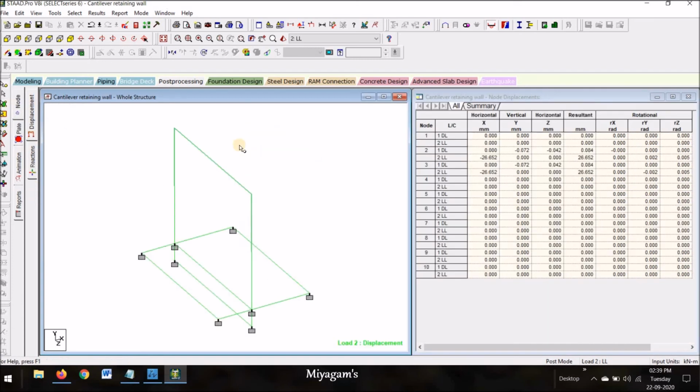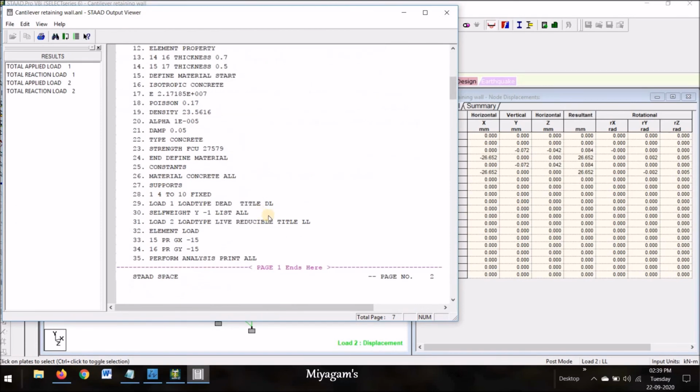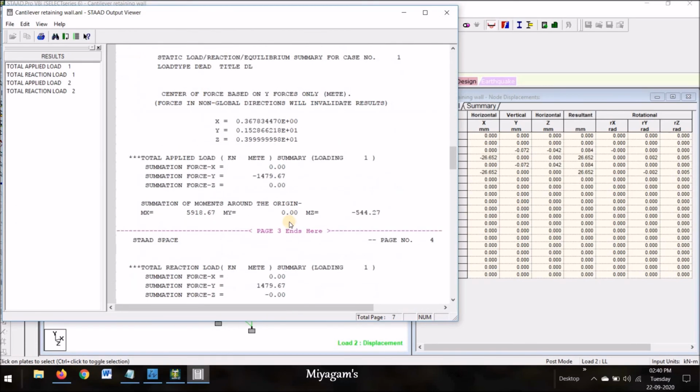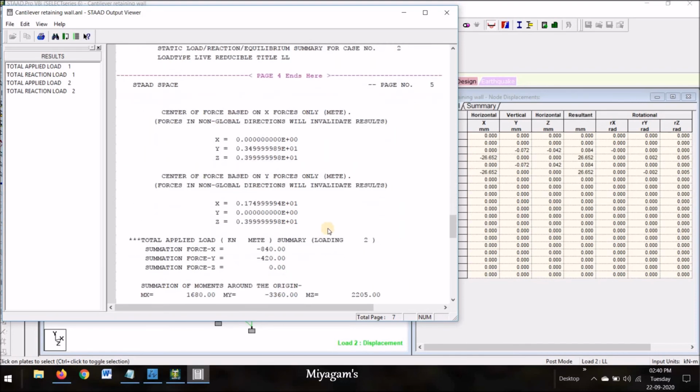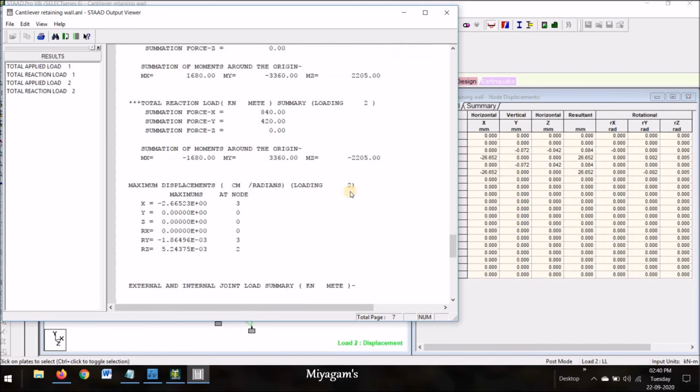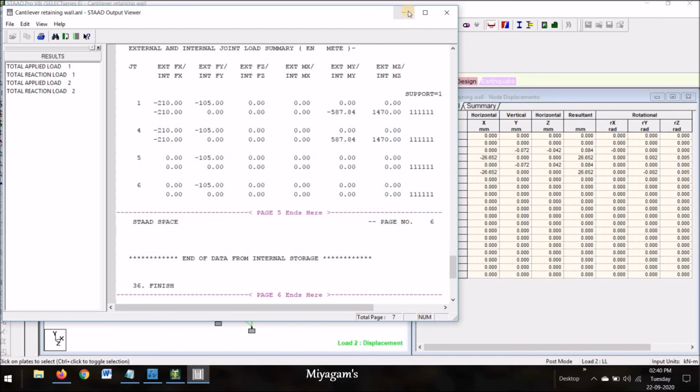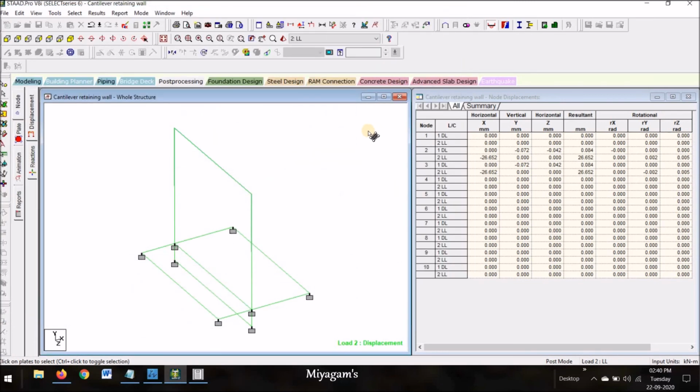Now we will go to node, we will go to start output and select start output, and we will see that there is a report created fully of this retaining wall. So it gives all the values that are necessary that we are selected, and all the values are given. So it is very easy and not complicated design to design here. This is the displacement table that is been created by starter.